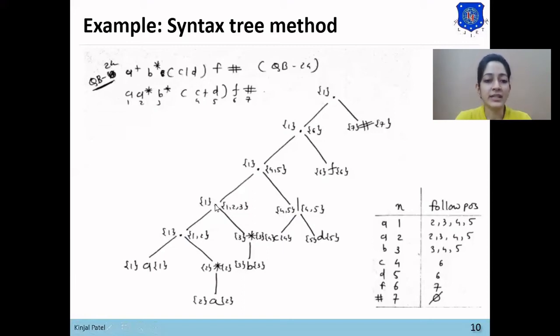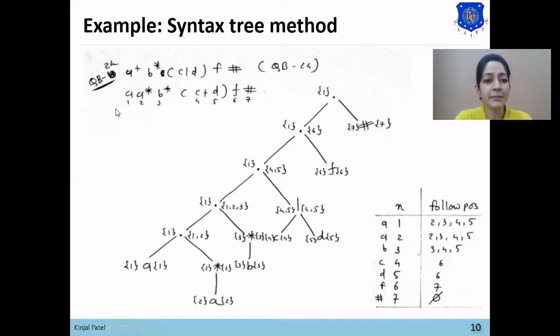Now we'll find the first position for this dot. So now C1 child for this dot is A dot A star. Now here A will be the child for all these dots. So here A is compulsory in all the expression. So we'll copy down the first position of A in all the dots. As here A is compulsory, means our first child will be A for all these dots.